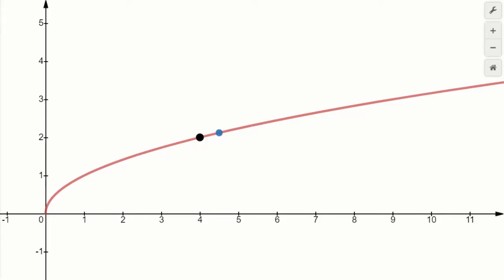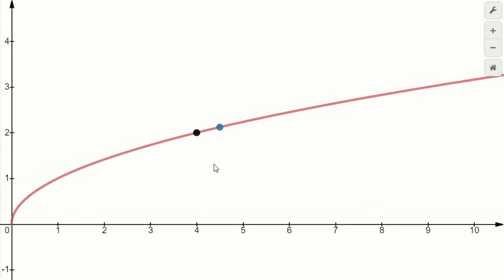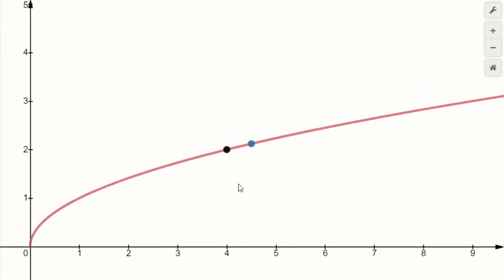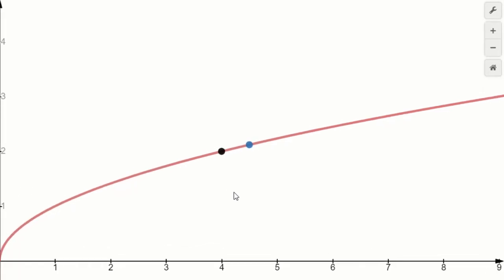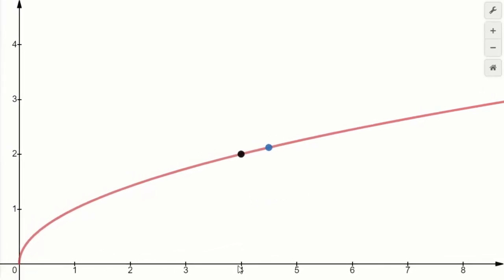Okay, and so this point in black here, and let me zoom in, no matter how far we zoom in, we still can't tell the difference too much, and that's the usefulness. The easy point is when x equals 4: plugging into the function itself, square root of 4 is 2, and that's so easy that we don't need a machine for that. Look at how close these 2 points are. 4.5 for x of the blue point is only 0.5 away from this easy value. So the easy value is not our real target, but at least I am going to build a